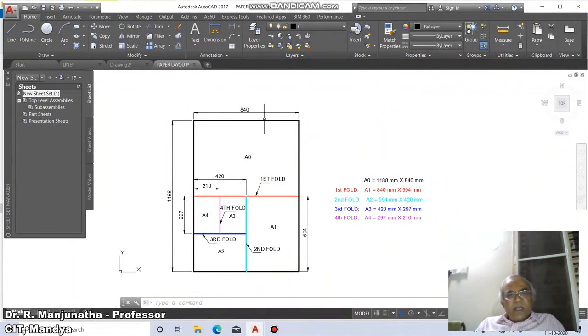So this is the actual layout. If you observe here, the A0 sheet is 1188 by 840. Suppose I have a first fold: when I have an A0 sheet, if I fold the first line, that is this one, this becomes the first fold. When A0 is folded, it will become A1. So what is the dimension of A1? 840 by 594. When you have a second fold,